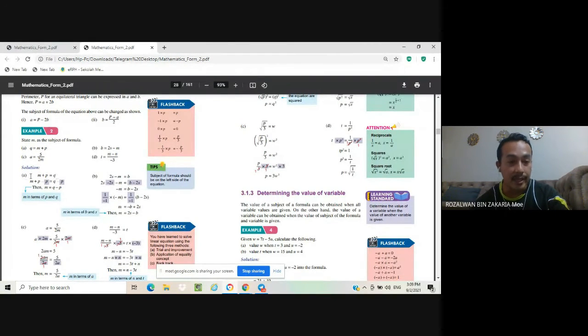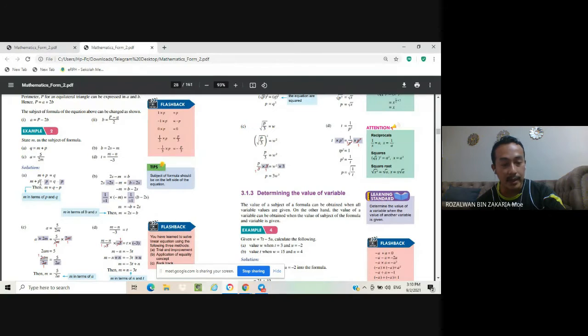All right. So the next step, we need to cancel the plus P here because we want to make M the subject. So how to cancel plus P? That means on your left side, you need to minus P. So you can write M plus P minus P, then equal to Q also need to minus P. In mathematics, if you do an operation on your left side, your right side also you need to do the same operation with the same number. Like this.